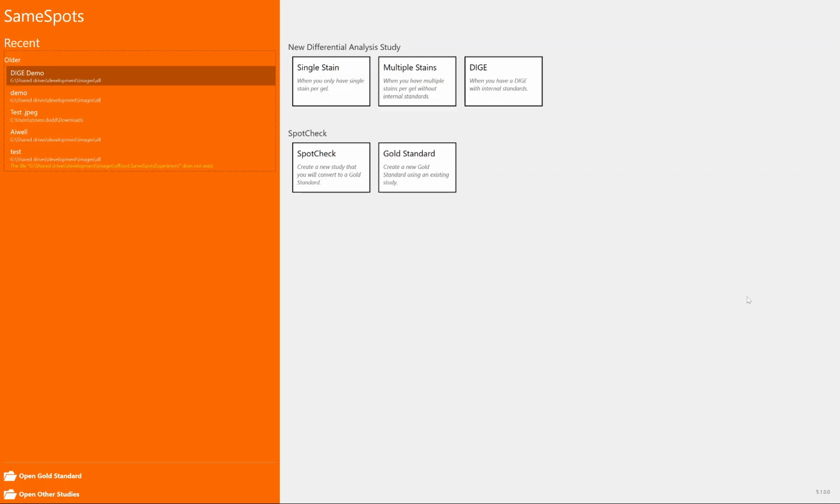SameSpots only comes in one version. Now, other software in this space try to upsell you if you want to do DIGE work and will only support single stain in the base version, and you have modules that you add on and things like that. We don't do that. Our SameSpots software is designed for all 2D proteomic analysis, 2D differential expression analysis. So we do support straight out of the box with one license single stain, multiple stains, DIGE, and the various